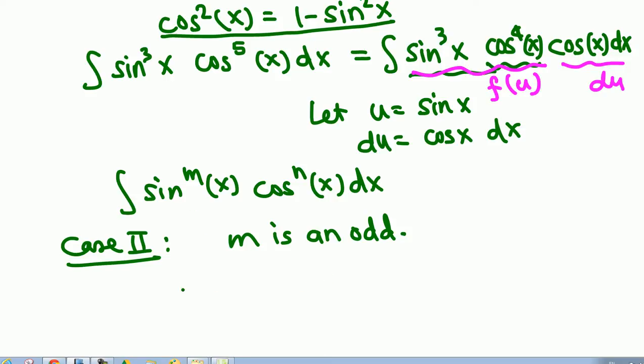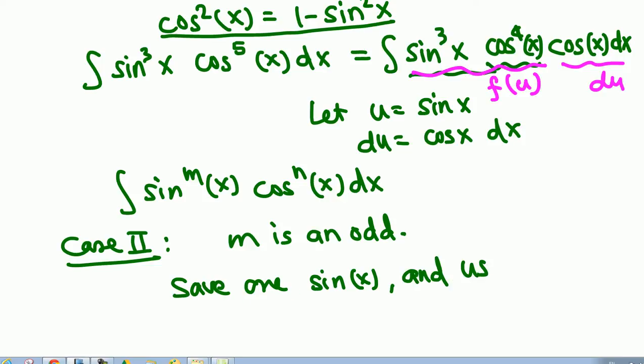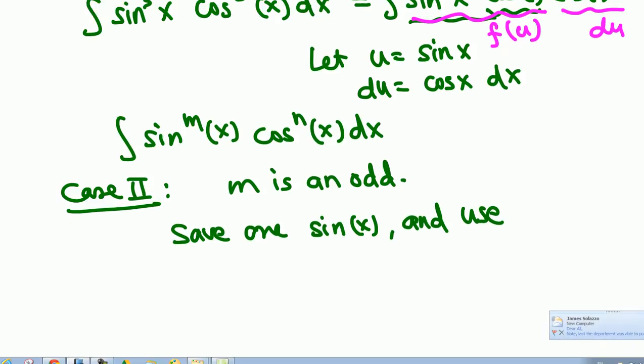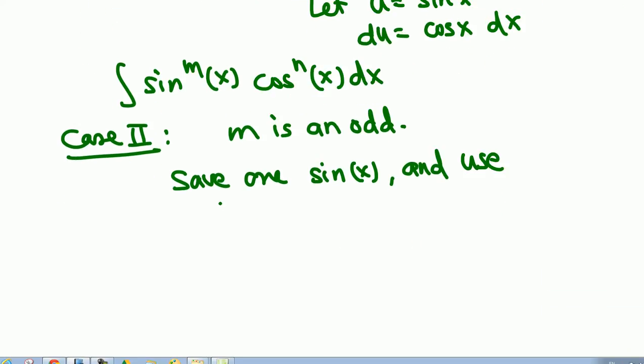What we're going to do is save one sine, and we will now have sine raised to an even power. Change those sines in terms of cosine. Save one sine x and use the formula sine square x equals 1 minus cosine square x to change everything